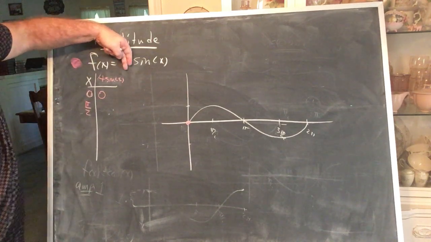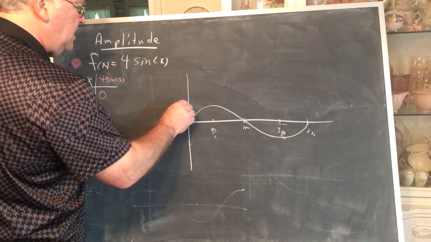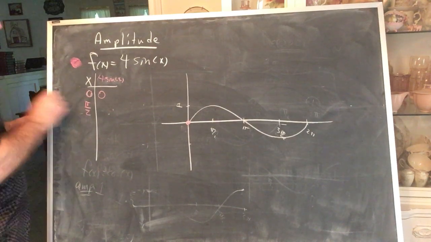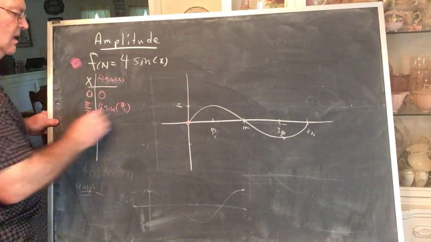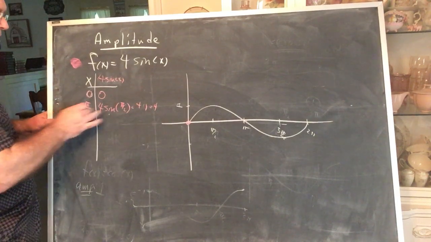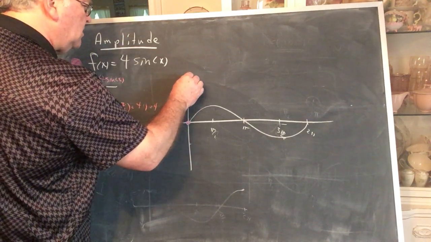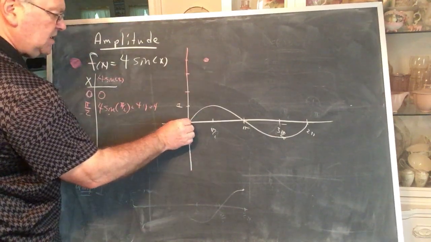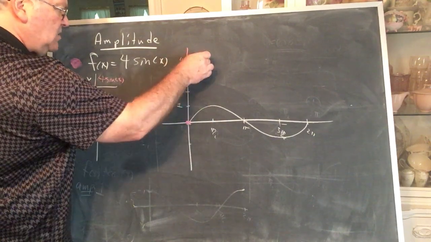If we did not have the 4 present, we would be using this curve, and at pi over 2, the sine of pi over 2 is 1. So what we want is 4 times sine pi over 2. But that means 4 times 1, that's 4. So at pi over 2, the function value is not 1 anymore. The function value is at 4. 1, 2, 3, 4. So the function starts at the origin, has to pass through pi over 2 comma 4,